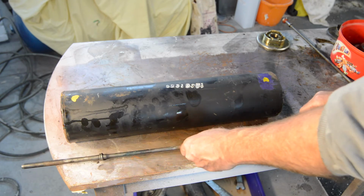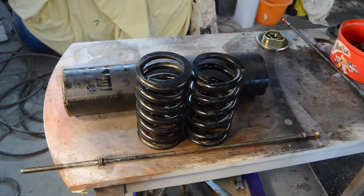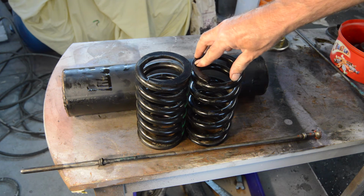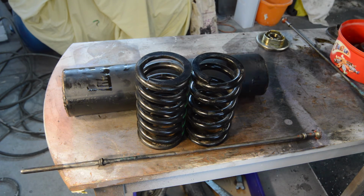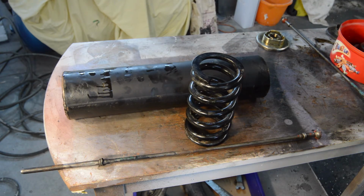So now we have to find our rear spring. There's our springs. As you see, there's a short one and a long one. Short one goes to the rear, 170 milli long, so it should be. So that goes to one side. So we have our short one,